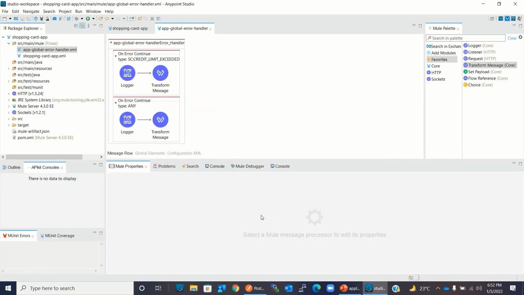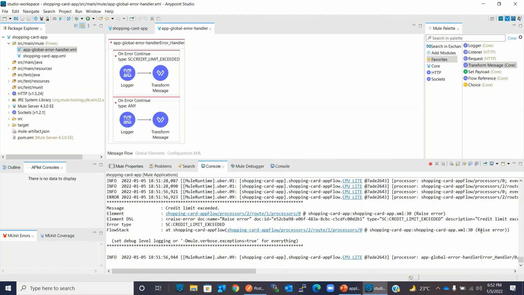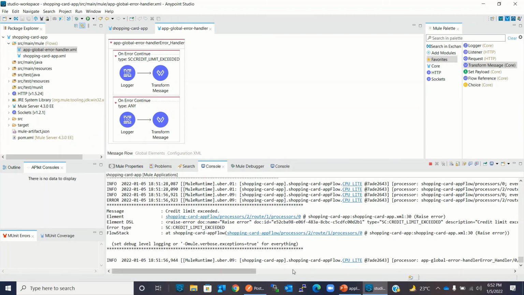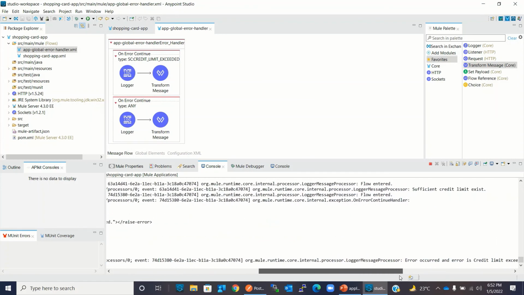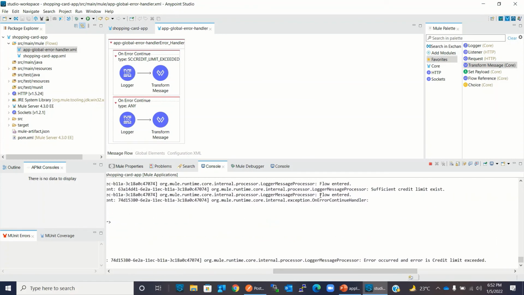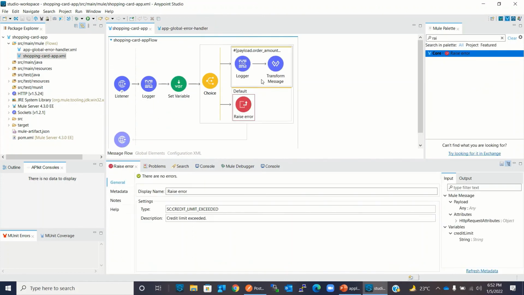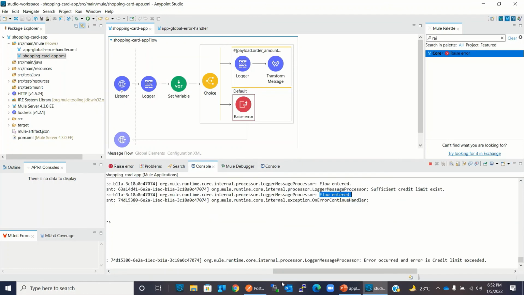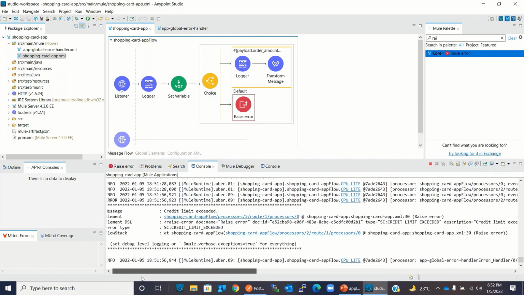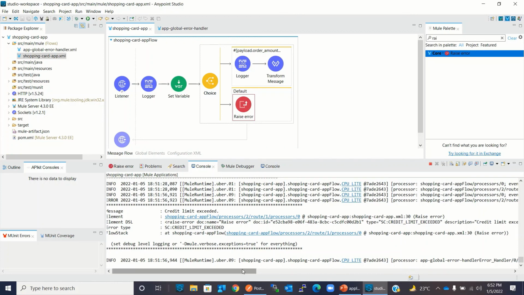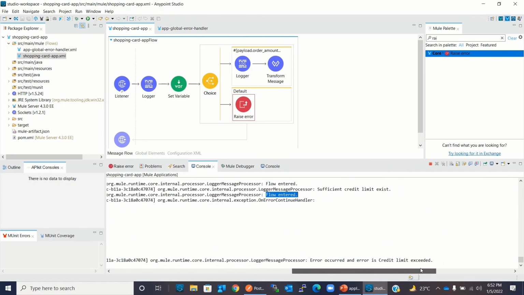Let's go to the console and see the last execution. So last execution started from here, flow entered. So it is logged here, then it came to here and it raised the error. So we should see the error. We got the error, credit limit exceeded, and then we saw the error log.